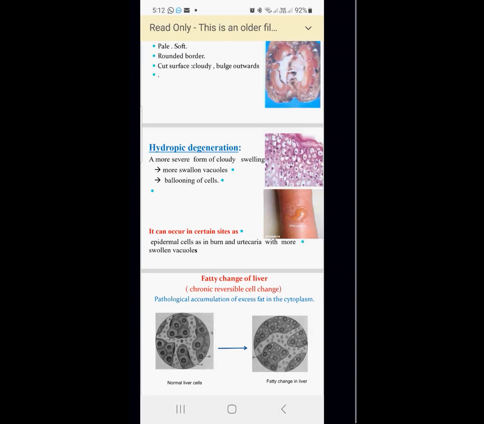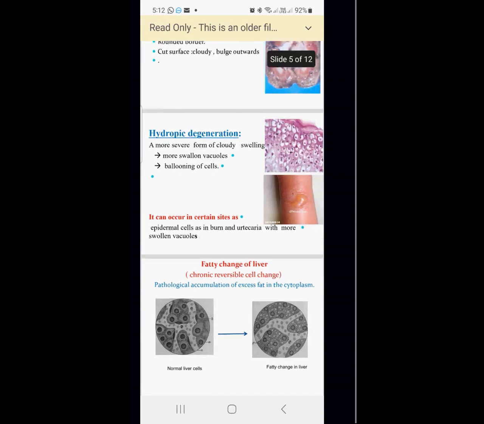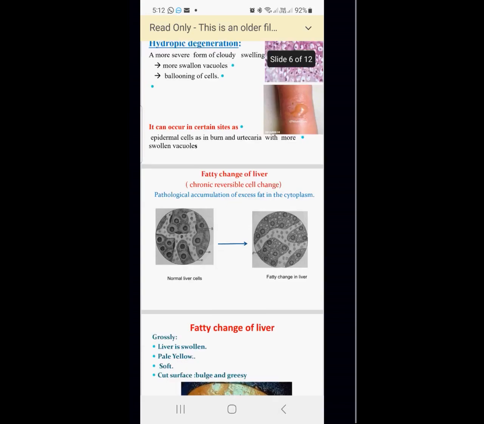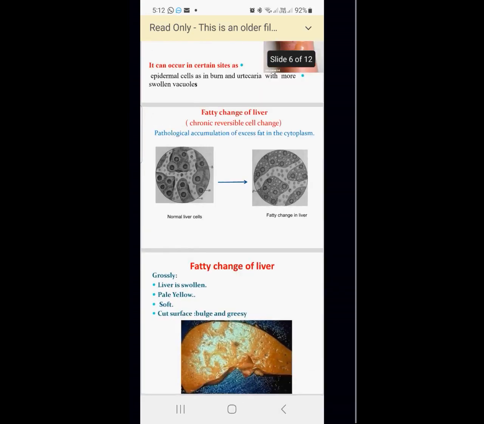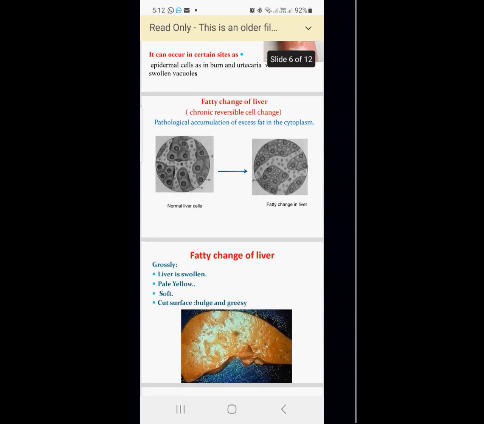It can occur in certain sites at the epidermal cell في البيرن في الارتكاريا with more swollen vacuoles. الفاتي changes قلنا نوع من انواع الليفر. Common site is the liver، بيحصل deposition of the lipids due to hyperlipidemia. بتشوفي السيلز الفاتي changes in the liver بتشوفيها طبعا هتكون grossly